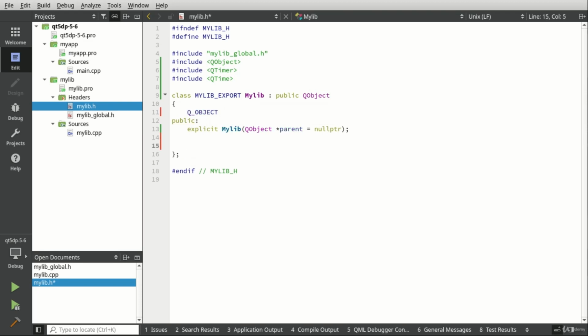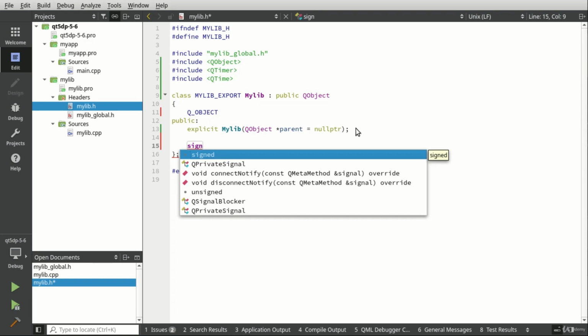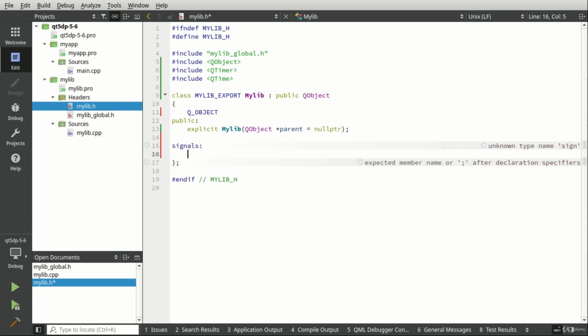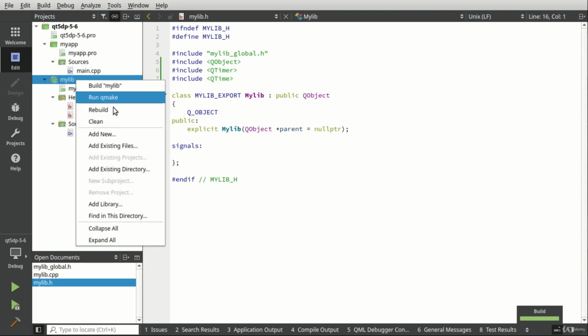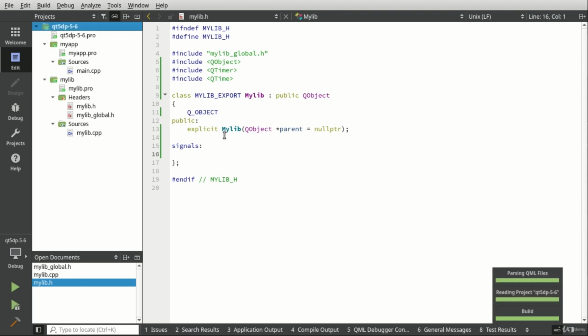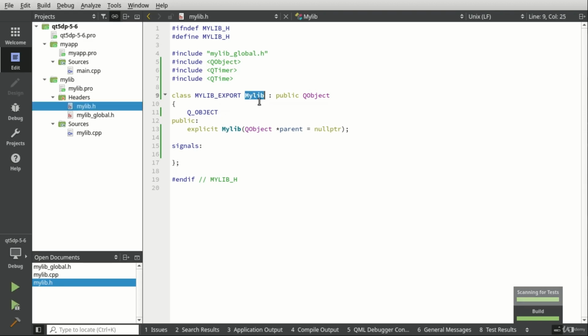Still not done. Ta-da! Now we are, for lack of better terms, a QObject. Let's give this a build just to make sure. If we're super paranoid, we can right-click and rebuild just the lib, make sure everything builds the way we expect it to. But now this is actually a QObject, and it can have signals and slots and things of that nature. So let's go ahead and say